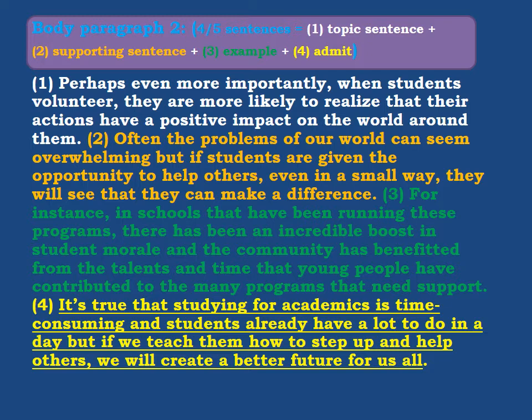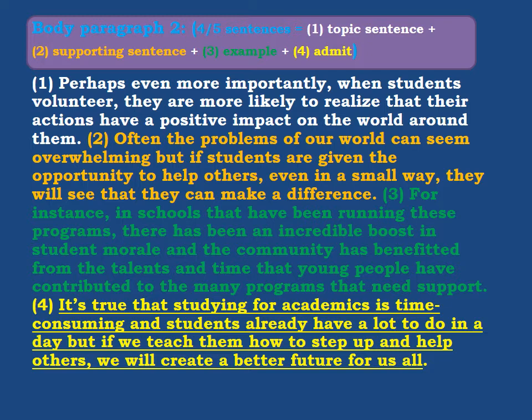Now, to admit the opposite idea and then go back and support yours. It is true that studying for academics is time consuming, and students already have a lot to do in a day. This is the opposite idea, which is that community work is some kind of burden on the students. They already have things that consume their time. They need to do some hard work. But here he says,